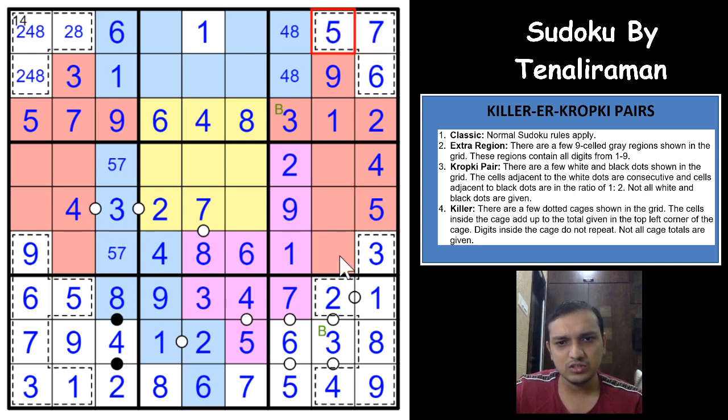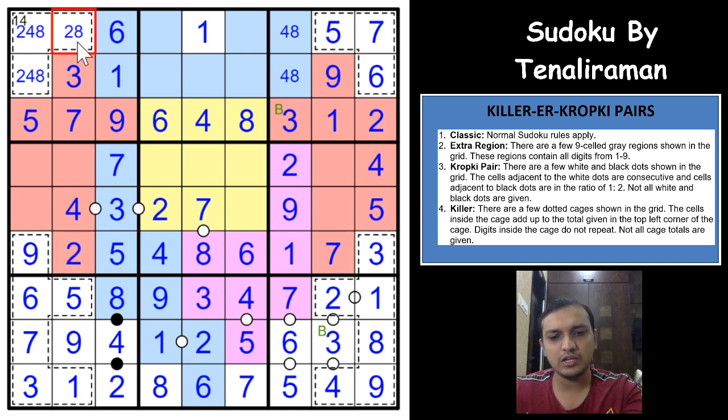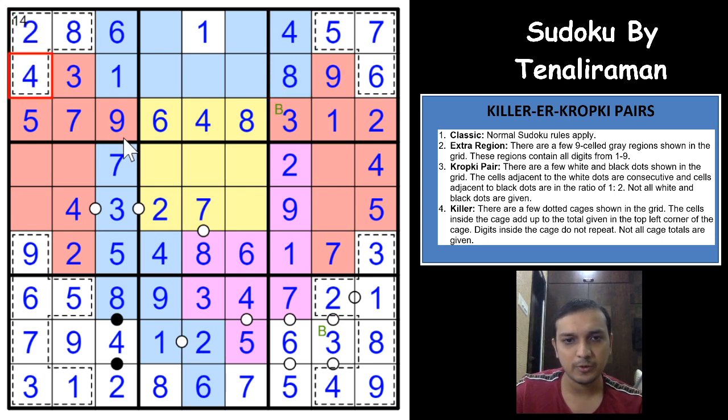And now these 3 digits would have to be 6, 7 and 8, right? So 6 and 8 are here, 7, and 6 and 8 would have to be here. So this is 5, this is 7 and this is 2. That gives you an 8 here, a 4 here, an 8 here, that gives you a 2 here and a 4 here. Excellent. So these 3 digits are 1, 6 and 8. 6 would have to be here, 1 and 8 in any order, 6 and 8 in any order.